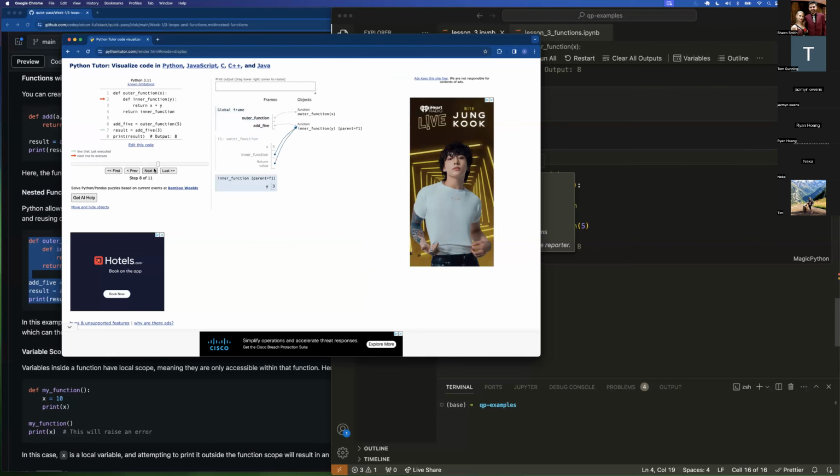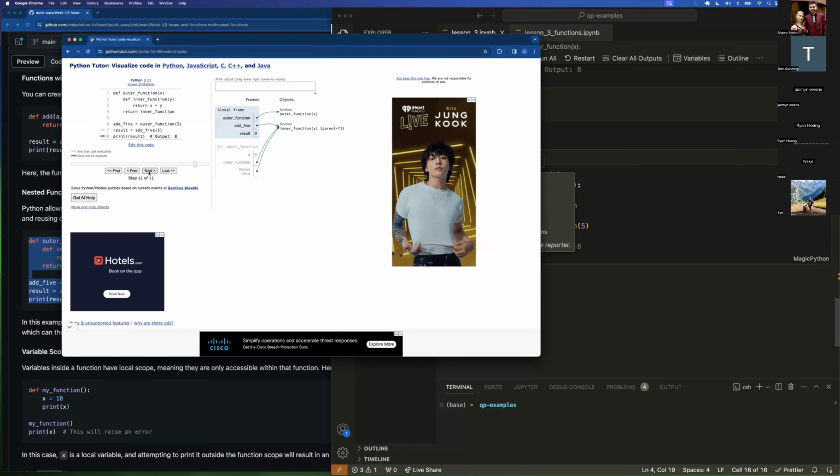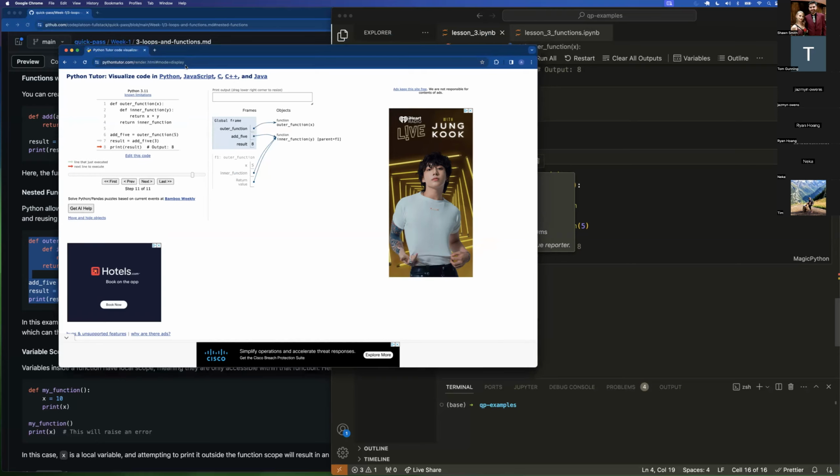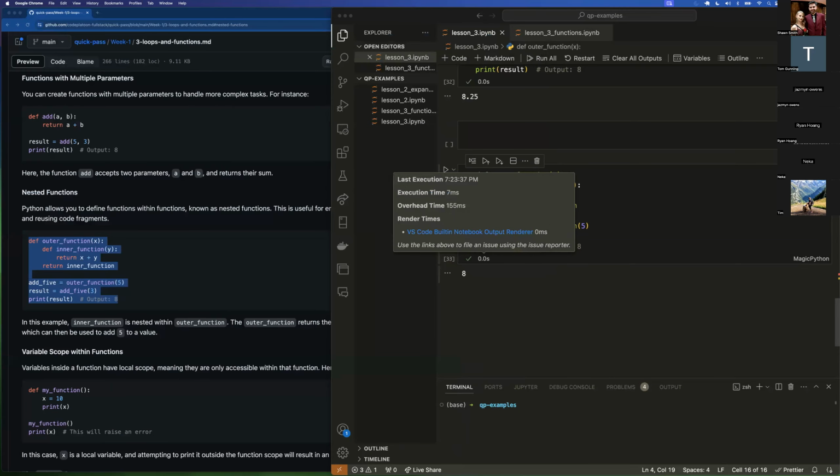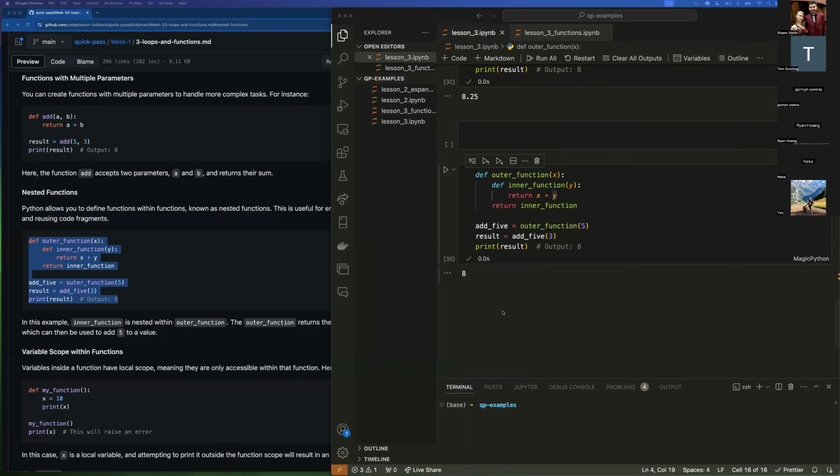And then result, it's then going to add the other parameter 3 to add 5, which becomes the inner function, if you will, and then return the 3 plus 5 and give you 8. So again, I wouldn't worry too much about the syntax or wrapping your mind around nested functions, but it's a